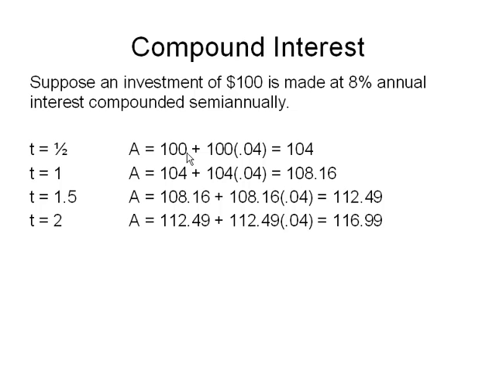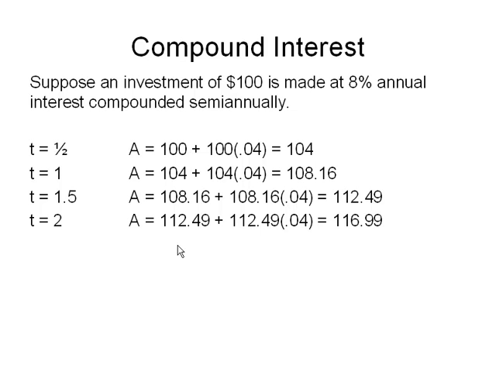In the next half year, we're going to start from $104 and we're going to get 4% of 104. So that gives us $108.16. In the following half year, we start from $108.16 and we get 4% of $108.16 for a total of